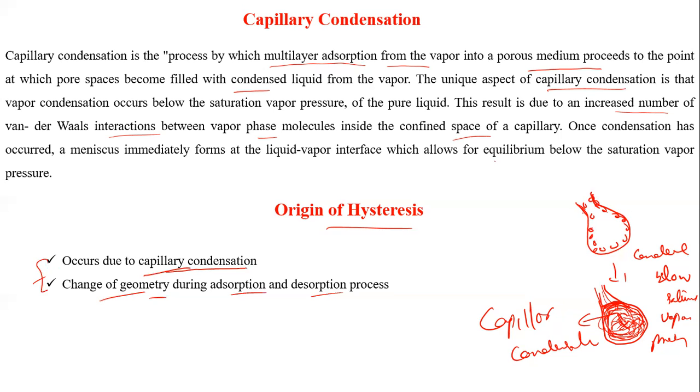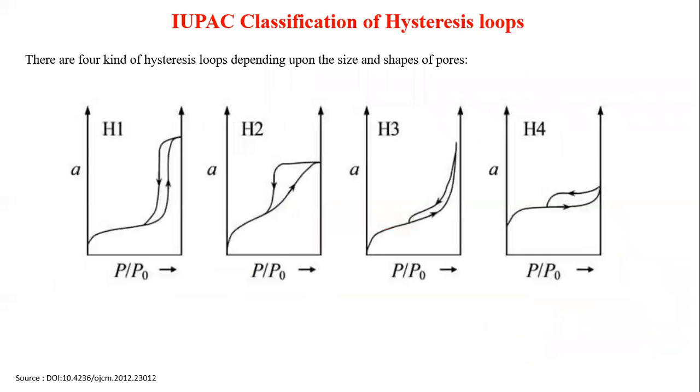Now let's come to the classification and last point of our today's lecture, that is the classification of hysteresis group। अब जो hysteresis group हमें बना है उसको भी चार पार्ट में डिवाइड किया गया। So there are 4 types of hysteresis group depending upon the shape and size of the pores। So यहाँ पे अगर आप hysteresis groups को देखेंगे, ये डिफरेंट है इससे, ये डिफरेंट है इससे, ये